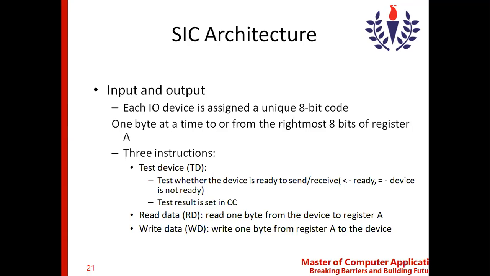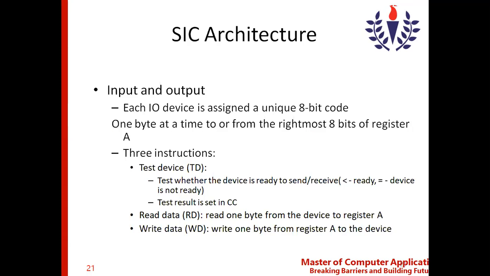The second feature is registers. In SIC, we have 5 registers: accumulator, index register, linkage register, program counter, and status word. These are the 5 registers we have in the SIC machine. The accumulator is meant for arithmetic operations, the index register is meant for addressing purposes, the L register is meant for linkage and is used to store the return address, the PC represents the address of the next instruction, and SW is the status word, which contains the condition code.